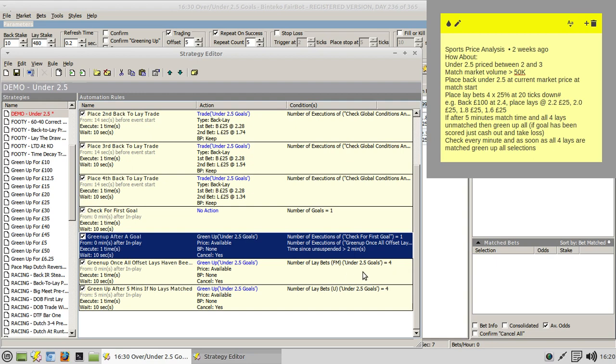Yeah, I think that might be it. The green up all offset once all of them have been taken, so we don't need to monitor whether a goal has been scored for those because that's covered by this rule. And this rule, as I say, I have a question mark over that being any use. Right, let's just save that. I can just get rid of this